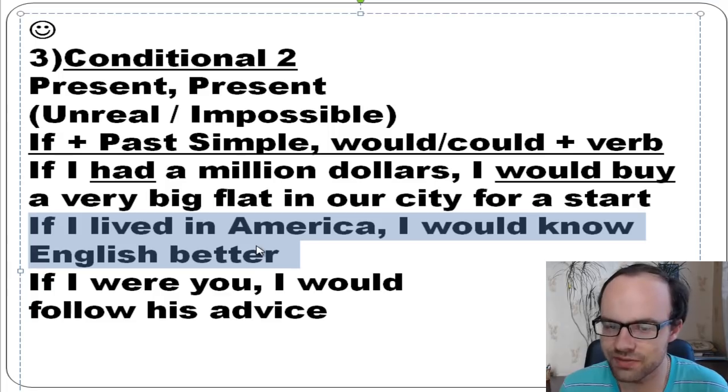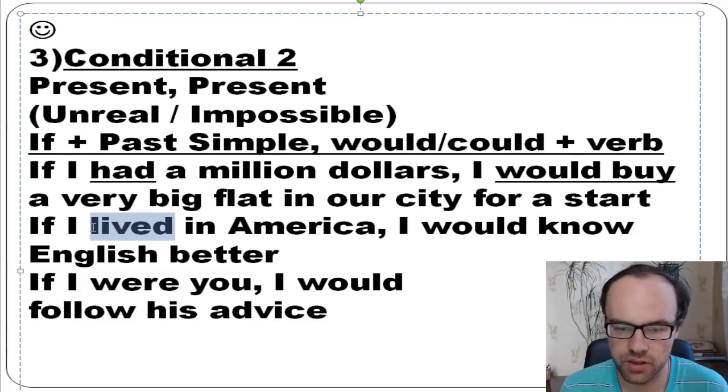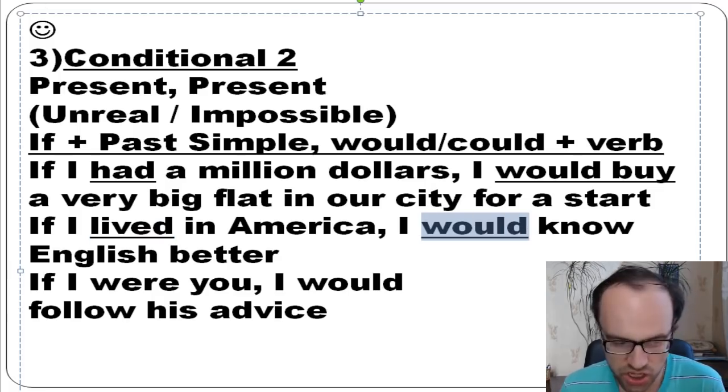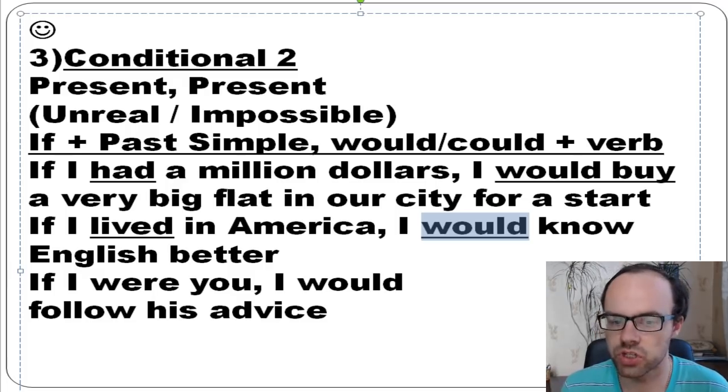So if I lived in America, yeah, so it's about the present but unreal. I would know English better. Yeah, you would know English better, so you would speak English all day, you would listen to English speech all day, okay? And next. So if I were you,